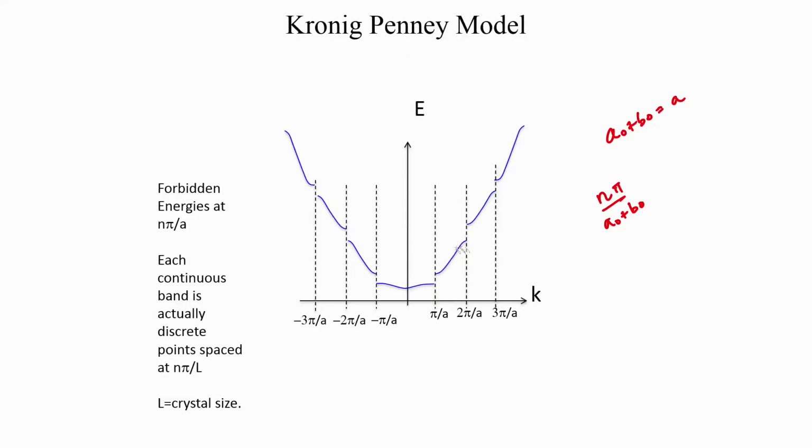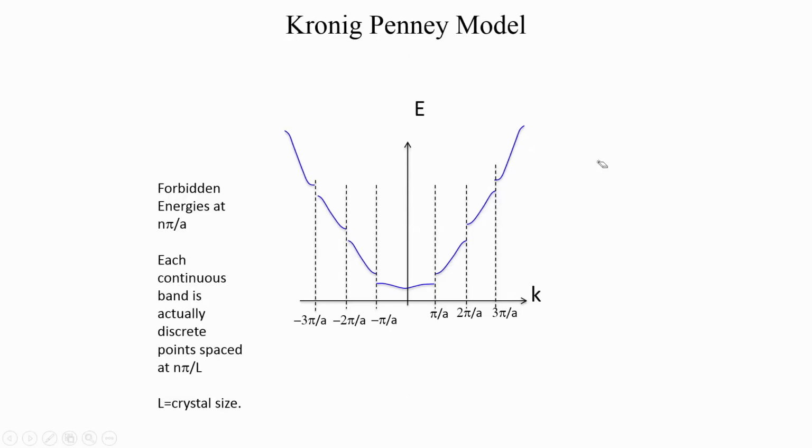So you see these discontinuities that keep occurring at these points, and this is the presence of an energy gap, or the location of an energy gap. Now, these are the forbidden energies. So if you want to imagine this better, let us also plot energy versus F naught of E,